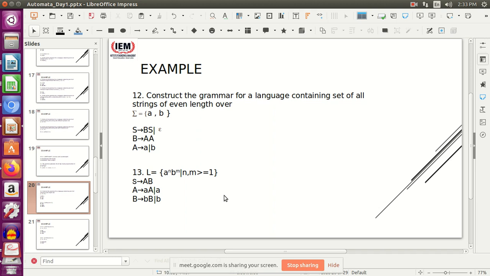So again, what does this mean? If you express it in words, you say that you will have any combination of A's followed by any combination of B's, correct? So to ensure that, you take a starting symbol and then one variable for A, one variable for B. For any number of A's, you have already done in the previous class also, A tends to AA or A, that would give you all the combinations of A, and then for the B part, B tends to BB or B, which will give you every combination of B. Okay, so I don't think this needs much more explanation because this is very easy.